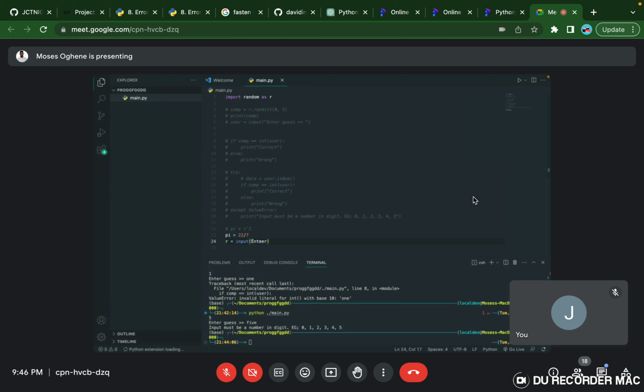Enter radius r. Wait, let's put this radius r, and yeah, don't mind my Mac keyboard. It keeps giving me extra characters that I didn't ask for. All right, so we have our radius, we have our pi, and